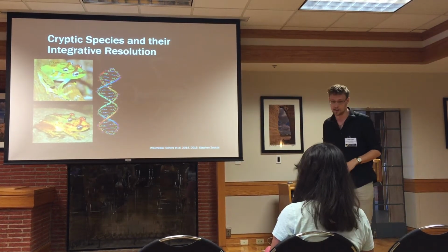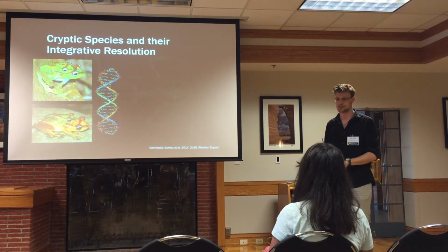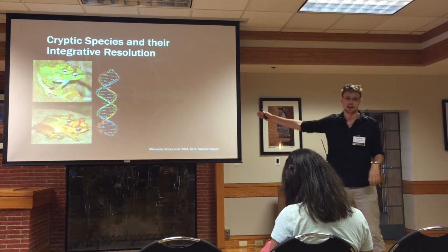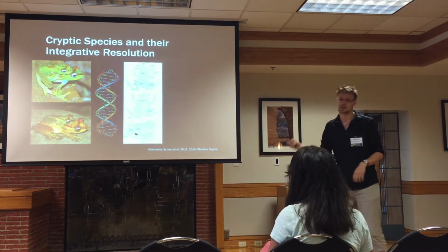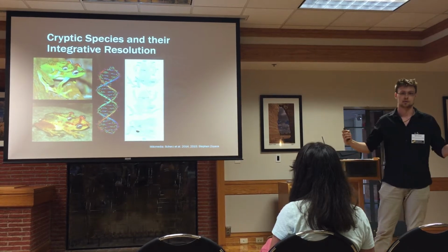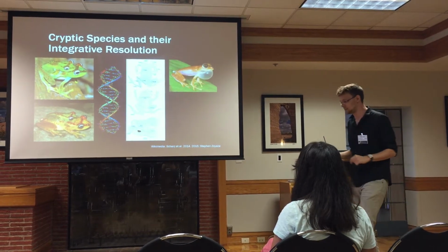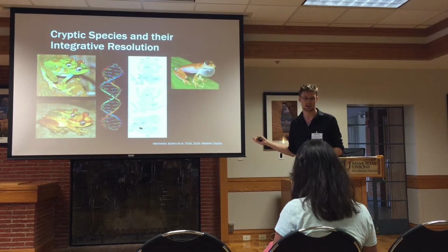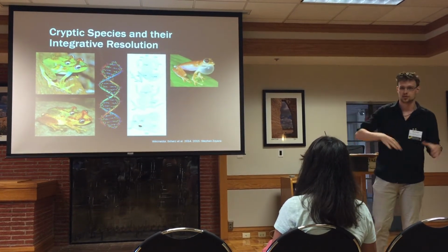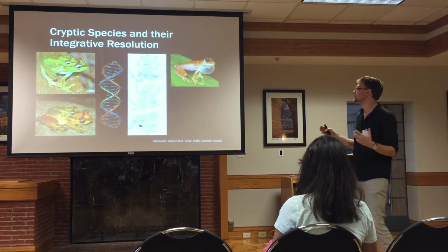Well, first we had to identify them, and for that, the sequence data was taken, barcodes said, okay, these are significantly different. In fact, they're not even sister species. But if you look at their morphology, they are identical. So how do we tell them apart? Well, in tree frogs, we have this nice advantage that they like to call a lot. And so you can take the recordings and you can integrate that into your other analyses and find some good